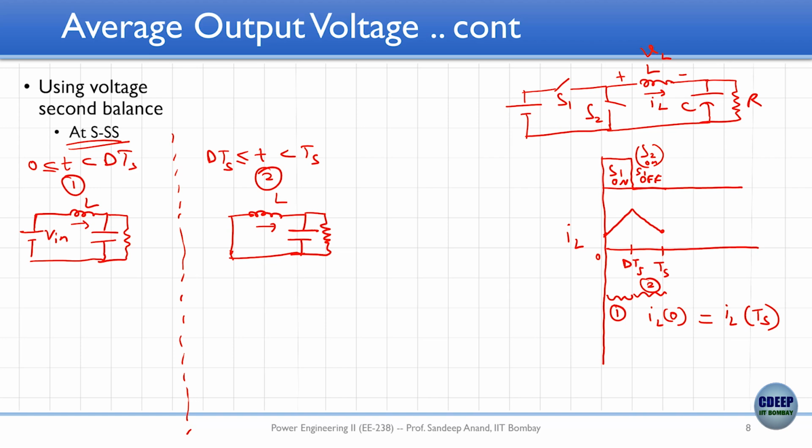Okay, then next step what we do is we write the voltage across inductor in both the cases, which we have already done in a way, but let us still write it again. I am keeping the same reference polarity. So, in the left case, inductor voltage is equal to Vin minus Vo. In the right case, inductor voltage is equal to,